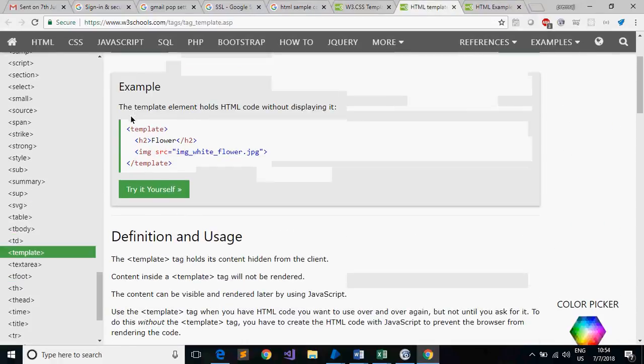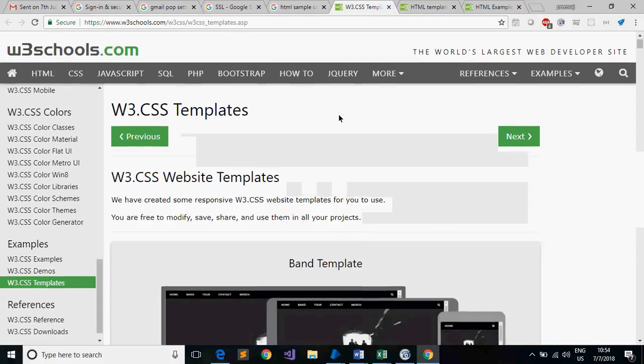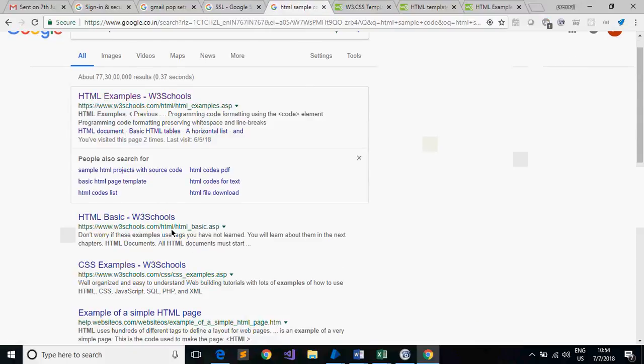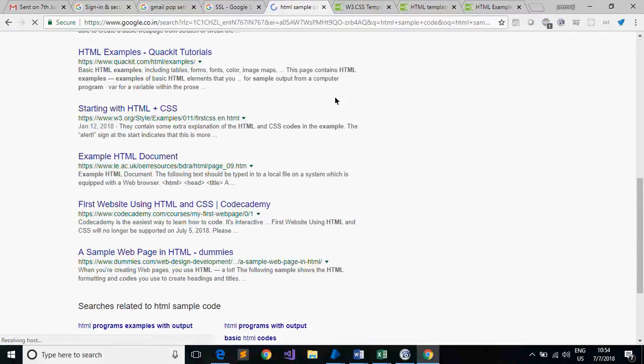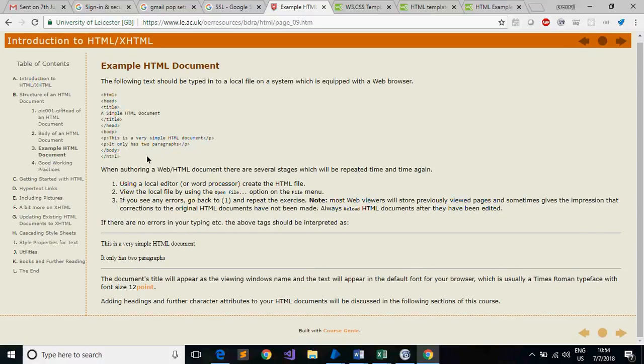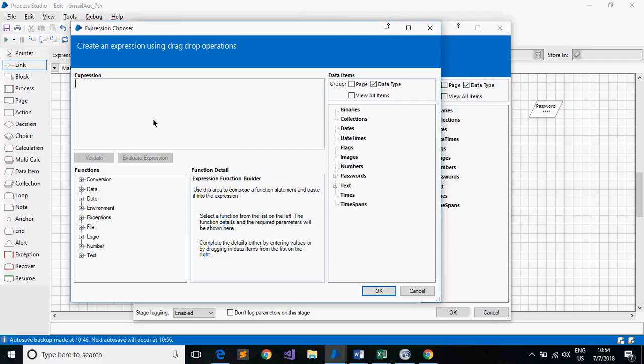Either you can copy some HTML code, something like this, and you can use it. Let's copy from here. This is the HTML we want to send,